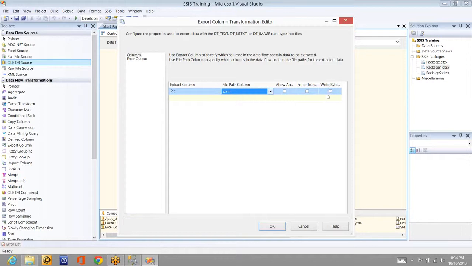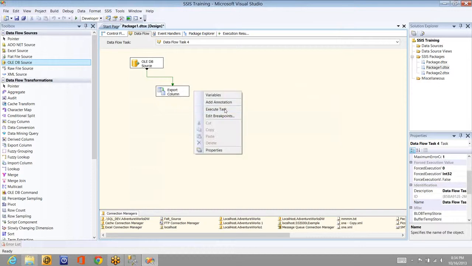If you don't check this, that means the file does not exist, and it will create a file. And if you check the first one, that means the file is already there and you want to append the data to that existing file. And the second one is truncate, to delete and create a new one. So it will have different combinations. I'll show you all the different combinations that are available for these three options. So what you need to select here is the extract column, what column you want to extract, and what is the path where you want to store. Those are the only properties you need to set, and I've set the same.